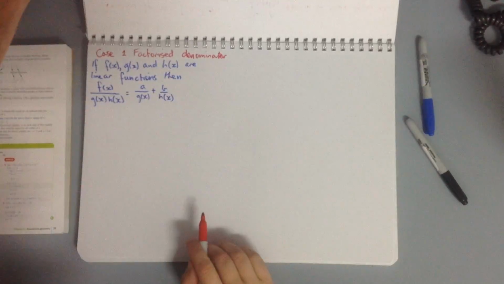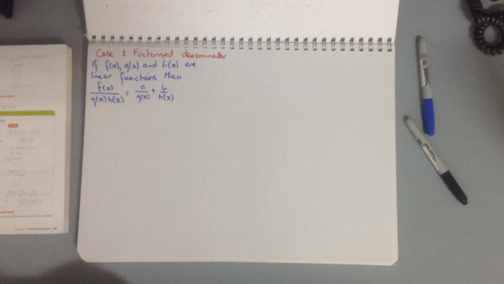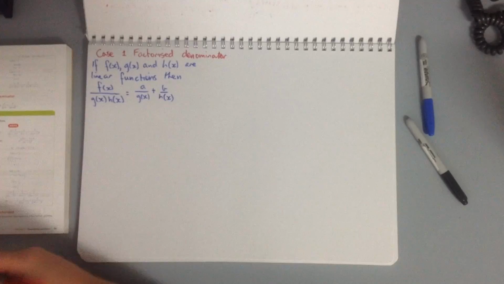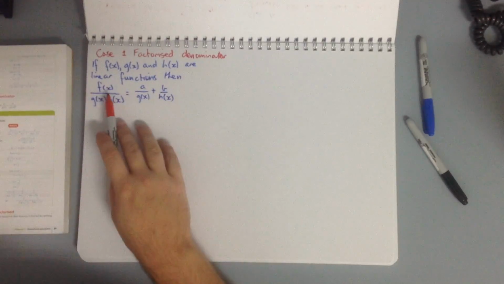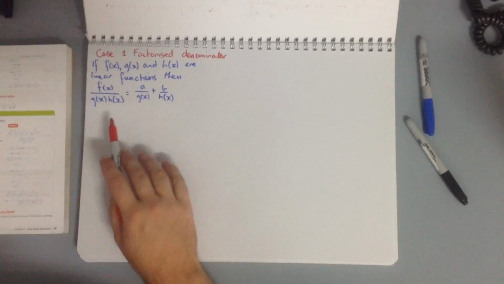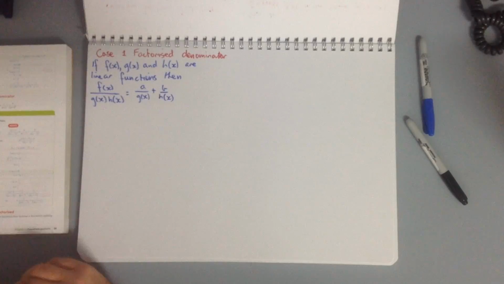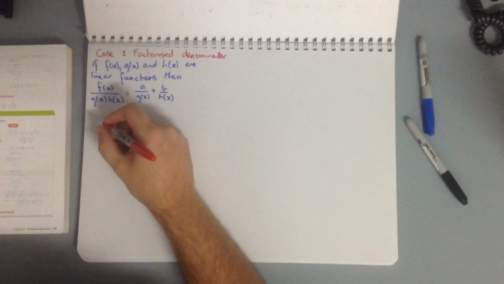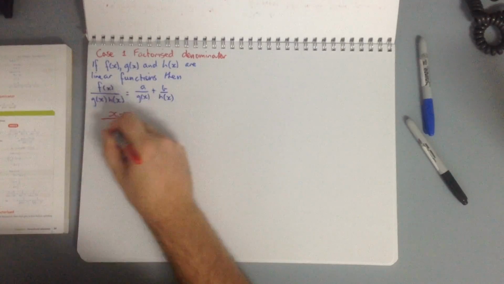So we'll go through the 4 cases that we have. Case 1 is where we have a factorised denominator. We're saying that if f of x, g of x and h of x are linear functions, then f of x over g of x times h of x will equal a over g of x plus b over h of x. So we're going to be looking at expressing x take 5 over